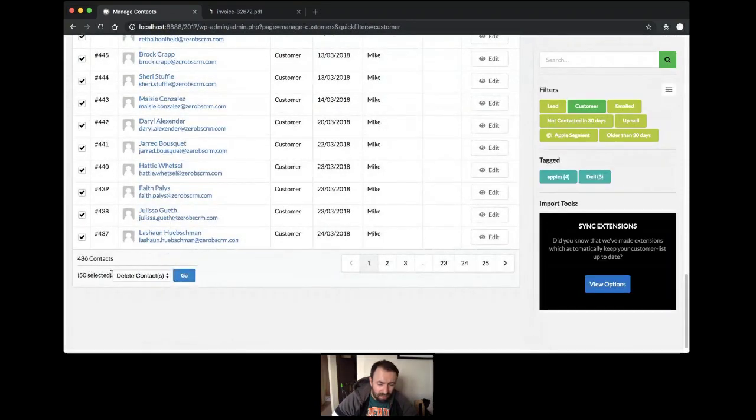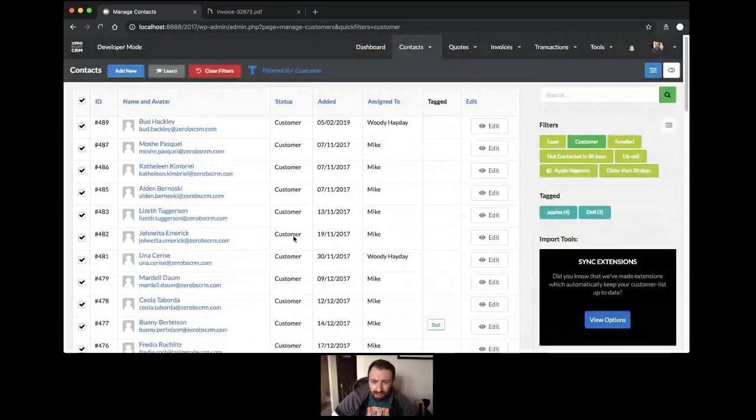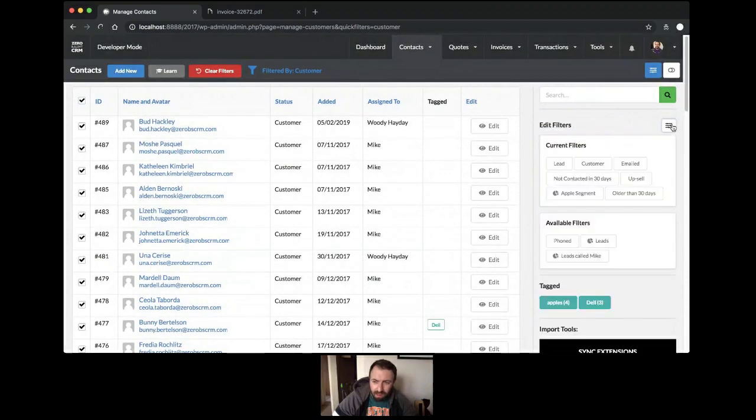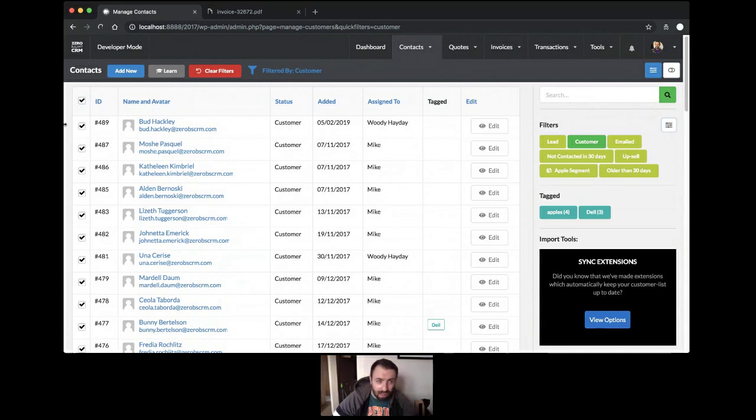So it will say 50 selected, but again, there's 486. So as part of the V3, we'll be doing additional options to be able to then select all of them that match this filter. And then additional things like date ranges. So at the moment, you'll see we don't have any date range filters, like added in the last week. But then again, once we've migrated all the data over, this will be something we'll be able to add across